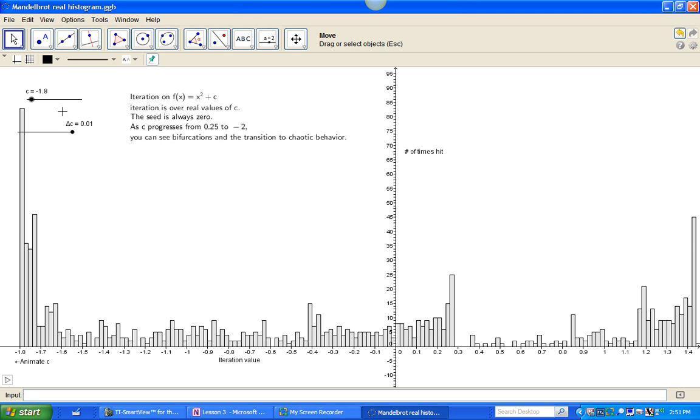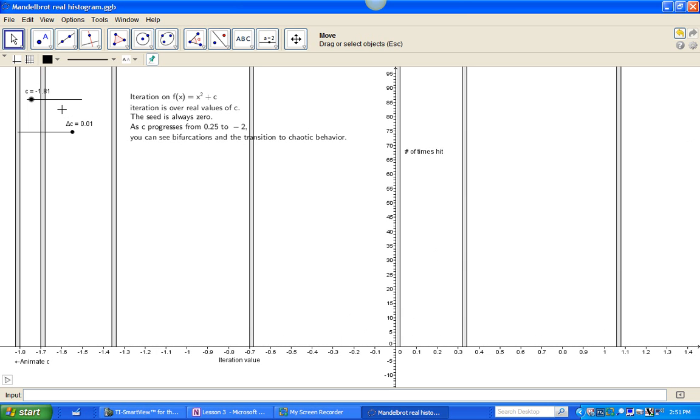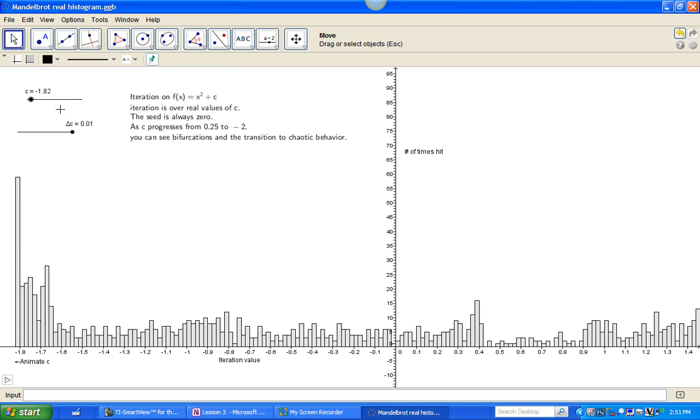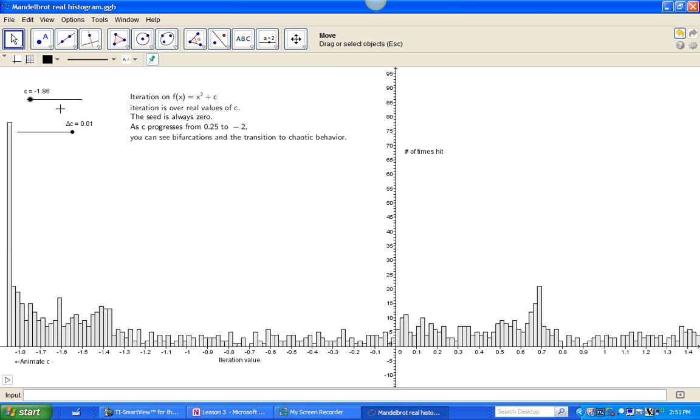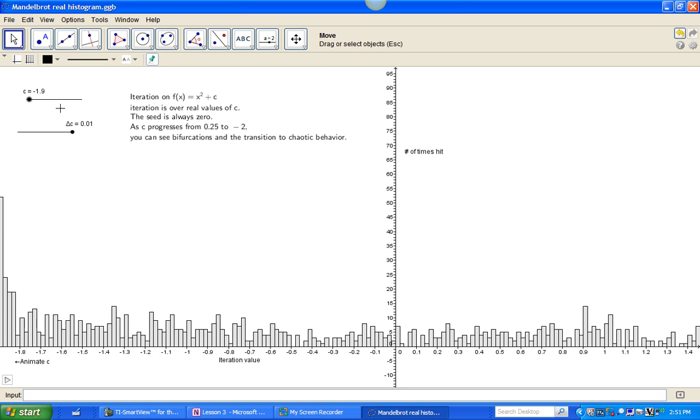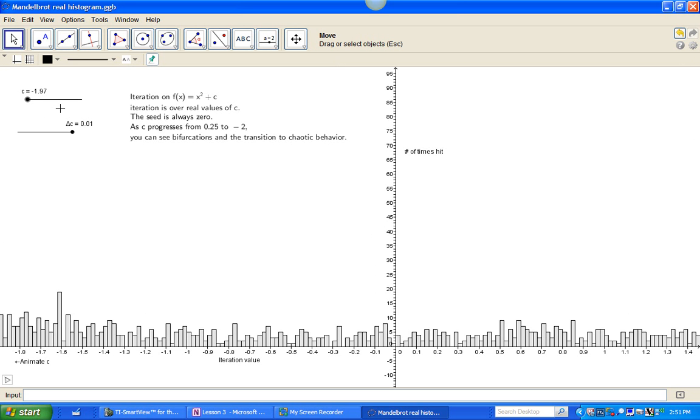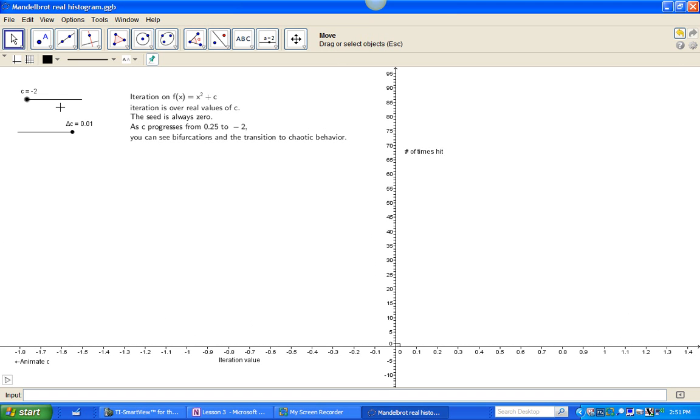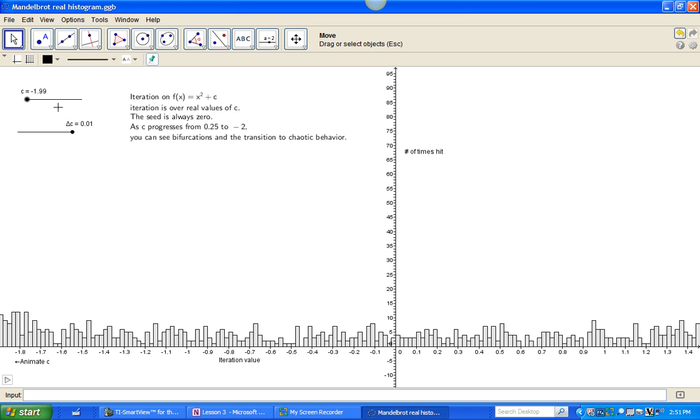There are some numbers that never come up. Okay, we're back to another not-so-chaotic region. Chaotic. And we keep on going. And we go all the way to negative 1.2. And once we hit negative 1.2, negative 2, right before that we're in a chaotic region. If you hit negative 2,